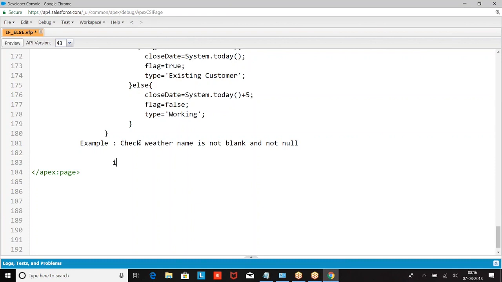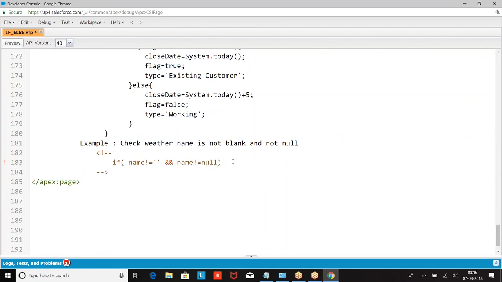What we do: name not equal to blank, with empty single quotes, and name not equal to null. This is to check the blank, this is to check the null. Checking the blank and null is a very frequently used condition.